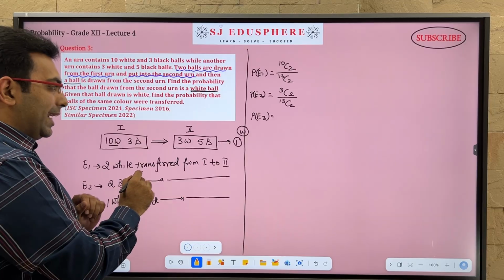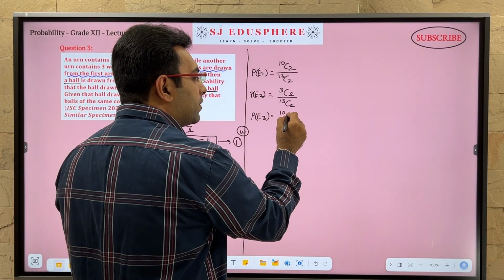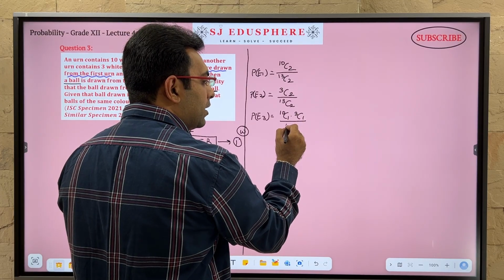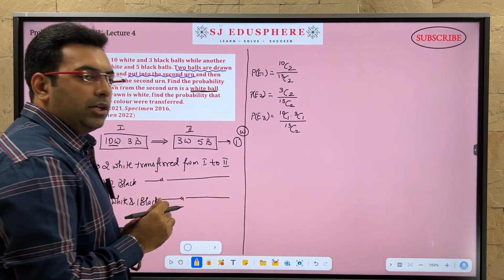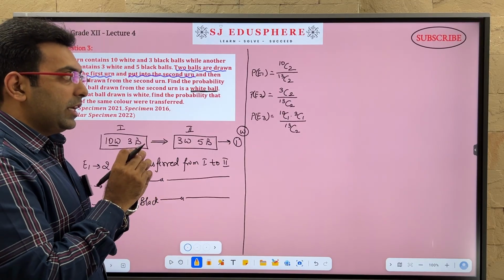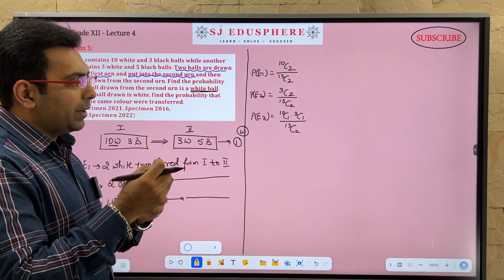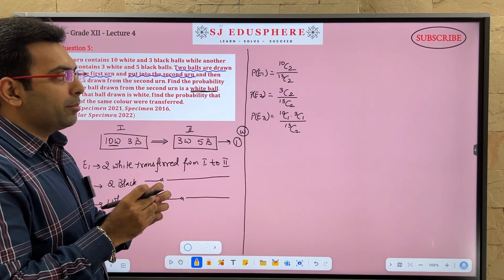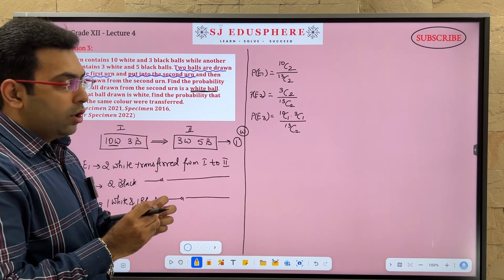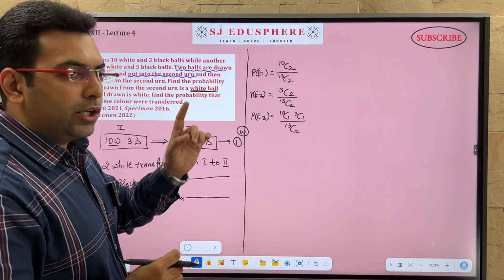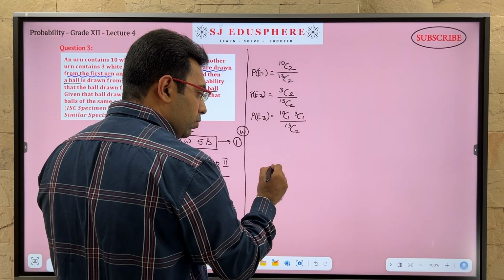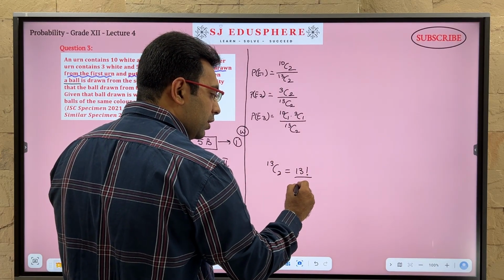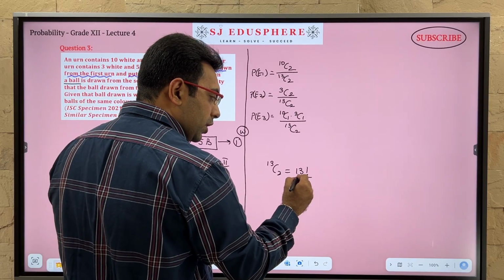Next, one white, one black. Out of 10, I transfer 1. Out of 3, I transfer 1 upon 13C2. Now, even if you put this in the calculator, you may have different fractions. I would recommend having the denominator same. So when I talk about 13C2, when I talk about NC2, 13C2 is 13 factorial over 2 factorial, 13 minus